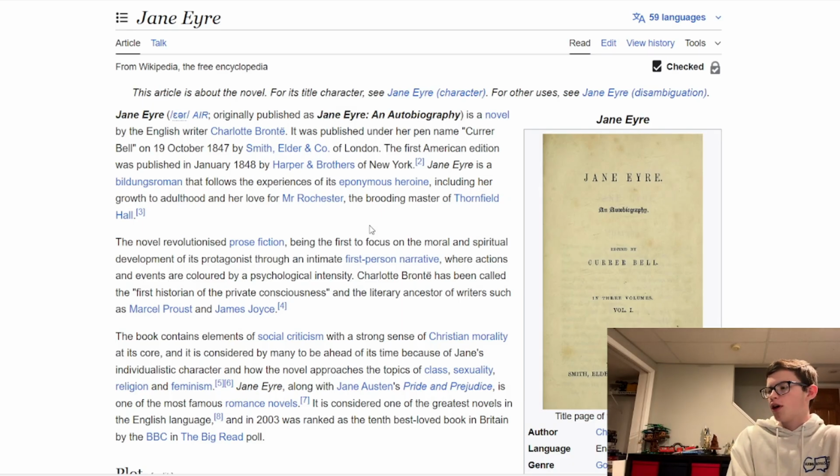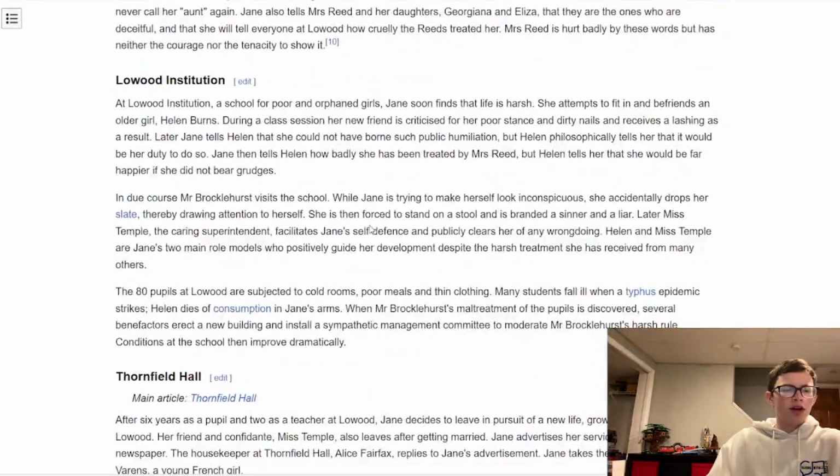punishment for young girls. Because there, Mr. Brocklehurst is a really cruel headmaster. Her friend Helen dies of typhus, so it makes the school even worse for her. And things really don't get better until near the end at her school. Things are starting to improve, but she really can't stay, so she goes away and eventually gets a job working